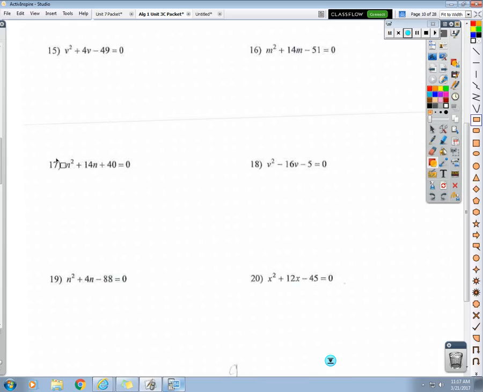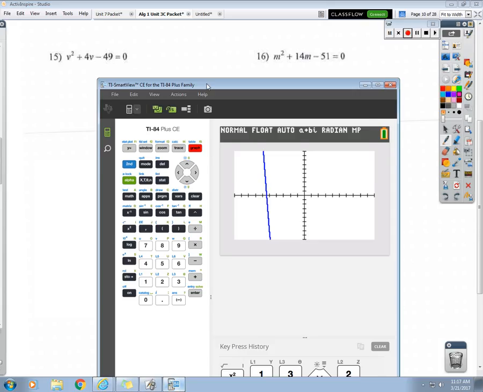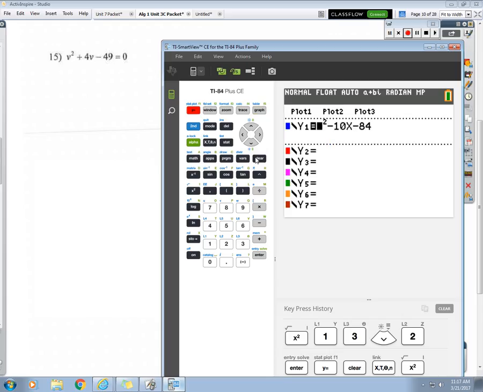Okay, number 15. Can that one be factored? Are there two numbers that multiply to negative 49 and also add to 4? If you're not sure, what can you do? Right? Y equals v squared plus 4v